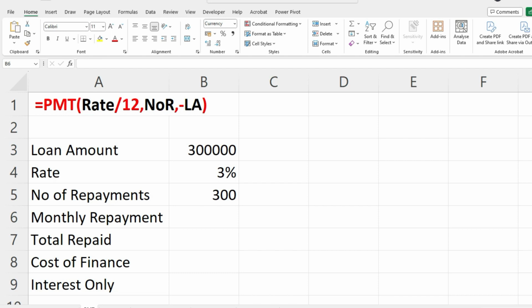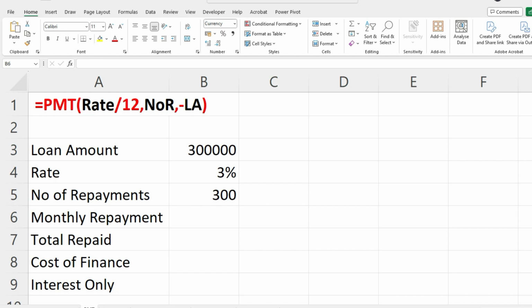The trick to this formula is to recognize that the three items in the black font, rate, NOR, and LA, all refer to one of these three cells. So while it's a complicated enough formula, really the trick here is to emphasize the simplicity of the technique. And what we're going to do is type this character for character, but once we come to any one of the three values, rate, number of repayments, or loan amount, we'll click on one of these